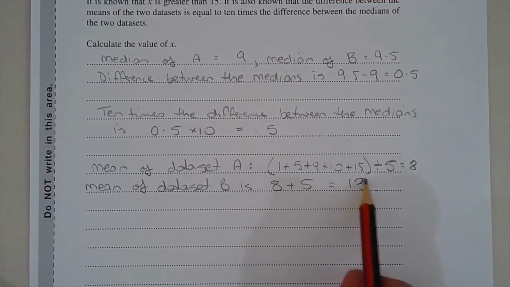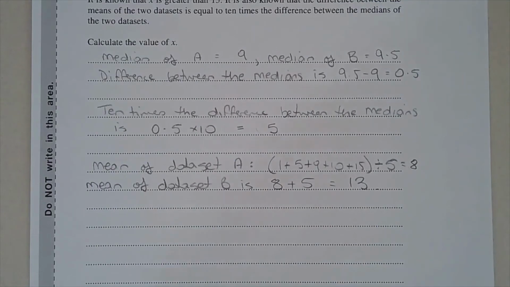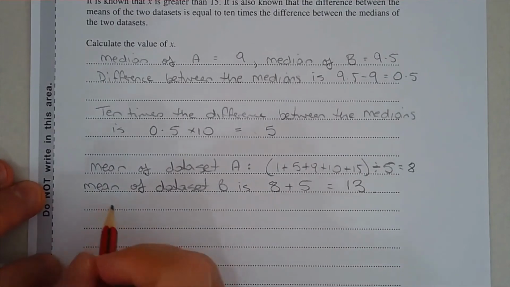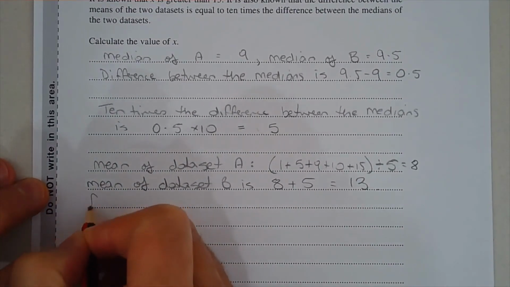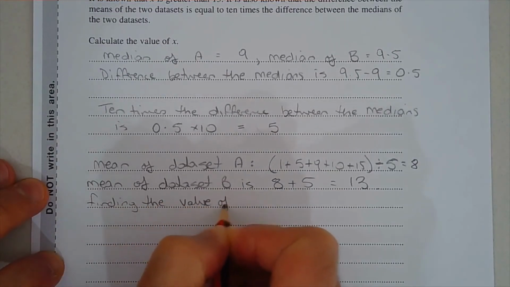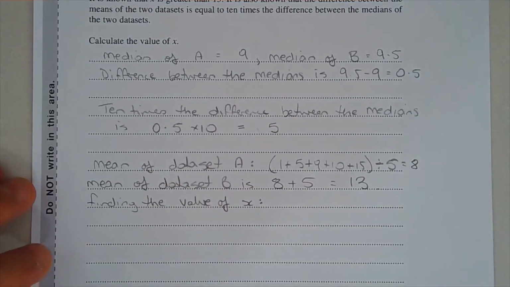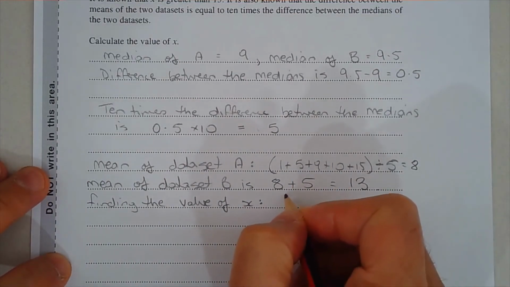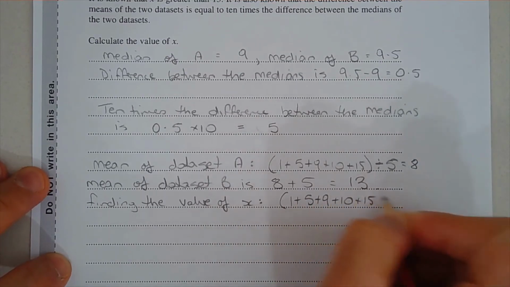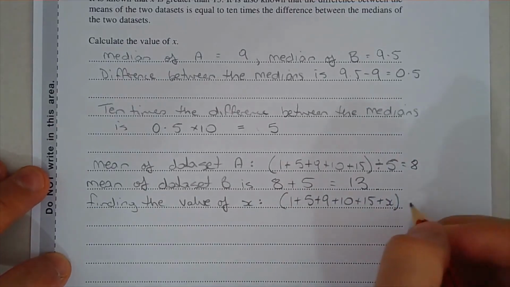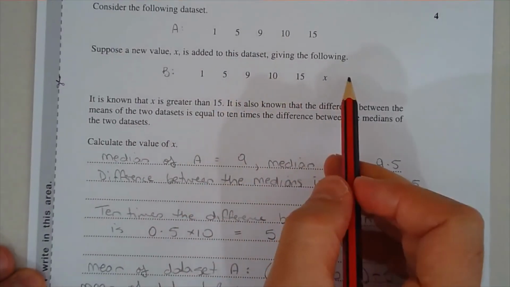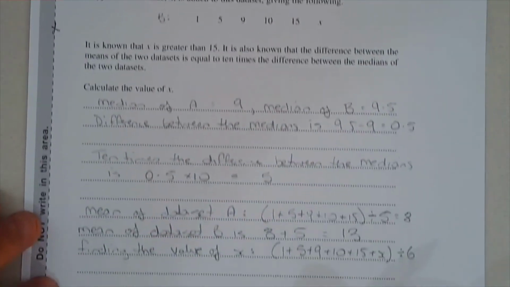Now, from that, we should be able to deduce the value of X. 1 plus 5 plus 9 plus 10 plus 15 plus X, if we divide that by 6, because there are 6 scores, so we're finding the average, and we know what the average is, so we're kind of working backwards